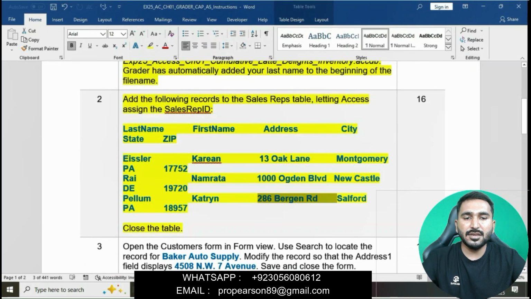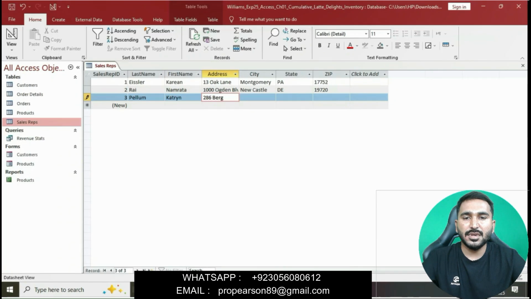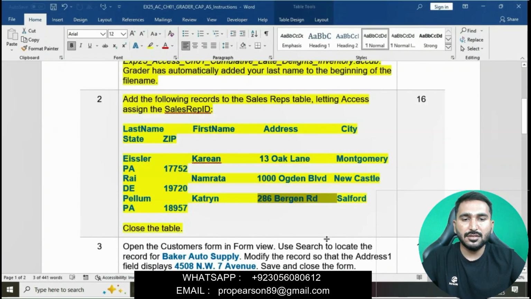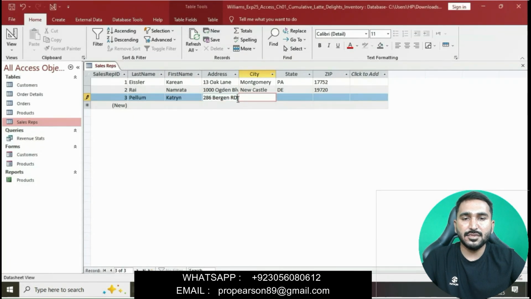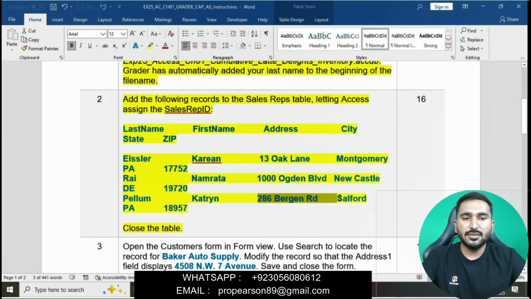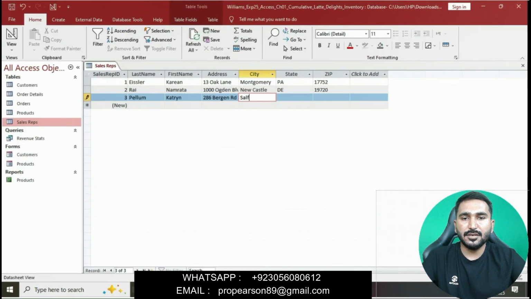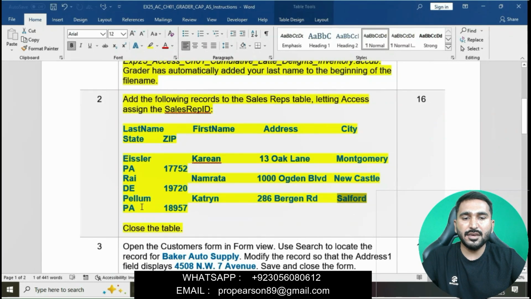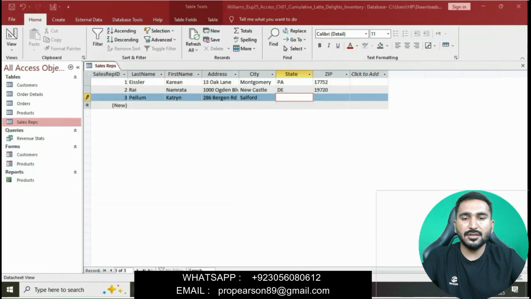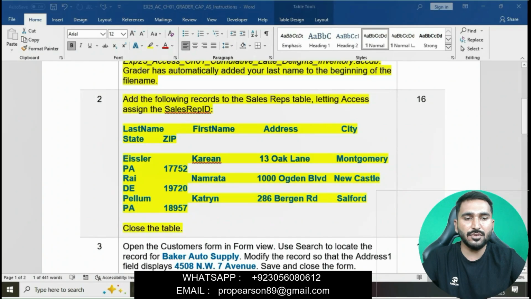The city is Salford. The state is PA, and 18957 is the zip code.